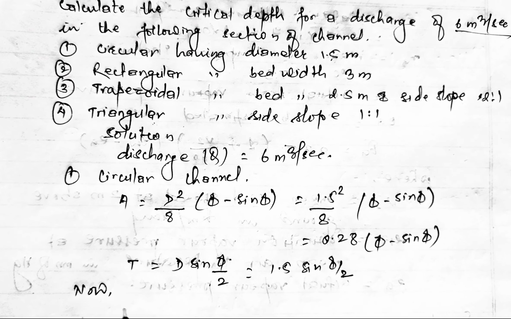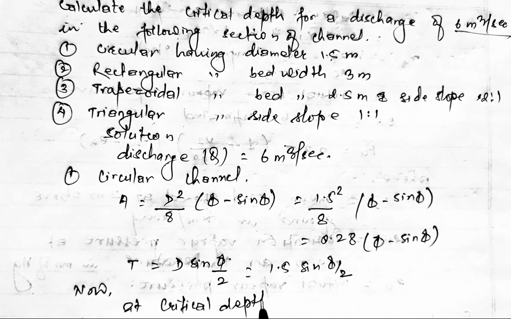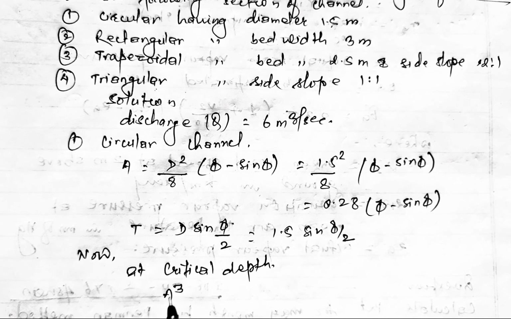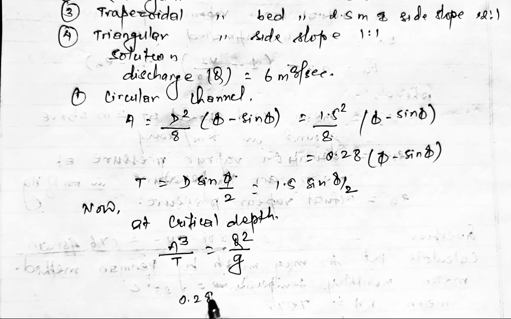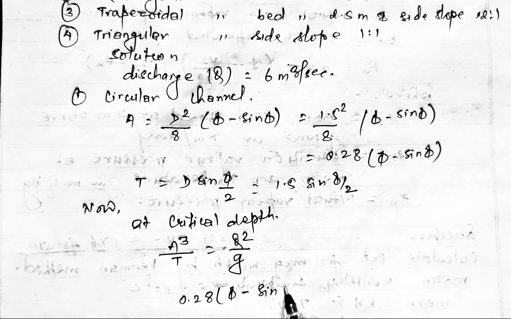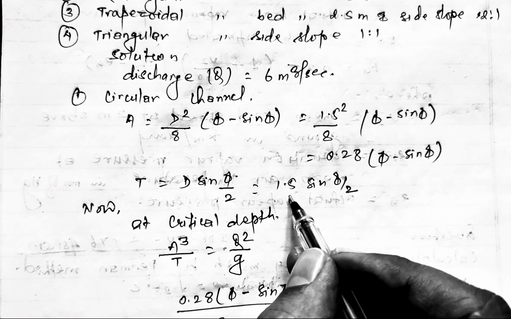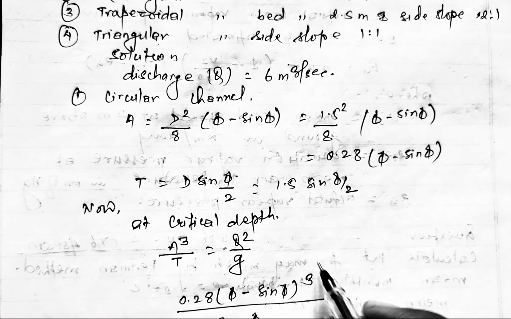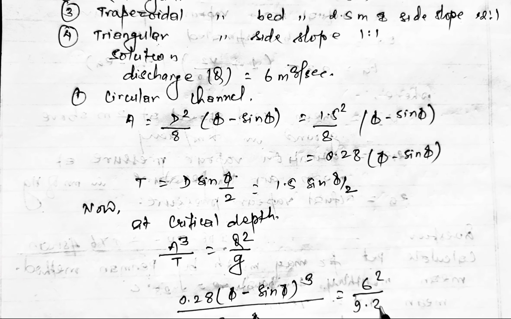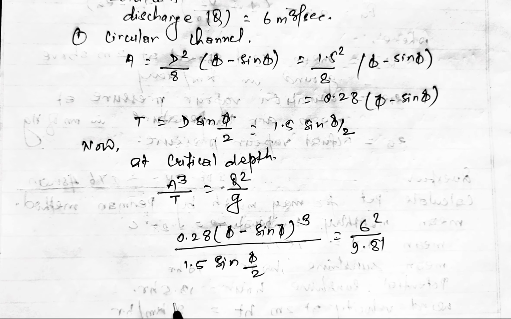Now at the critical depth, A cube divided by T equals Q square divided by g. On substituting the value, 0.28 times phi minus sine phi whole cube divided by 1.5 sine phi by 2 equals Q, which is 6 square divided by 9.81. So on solving this, the value of phi will be